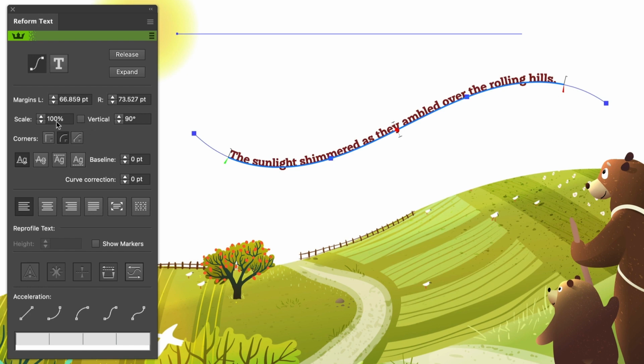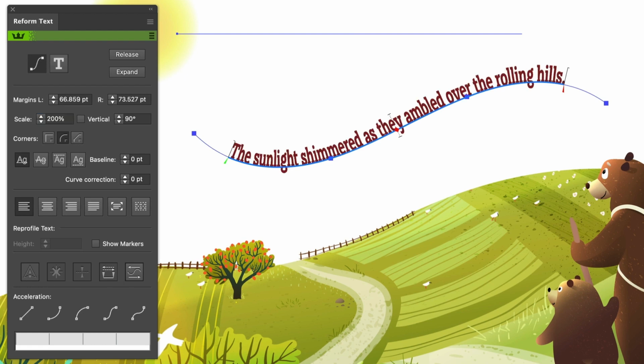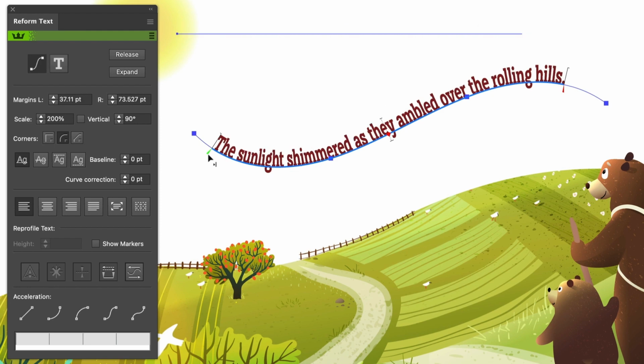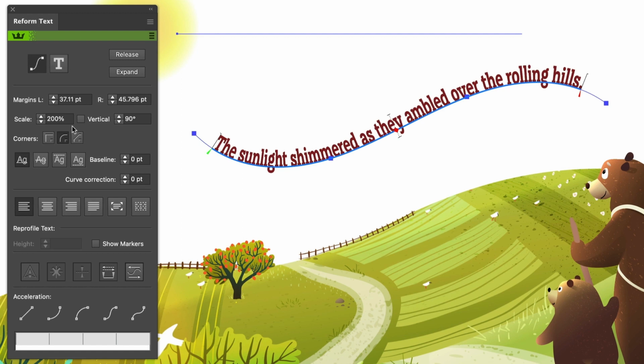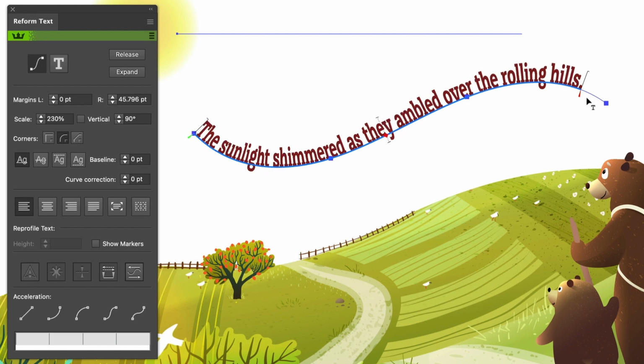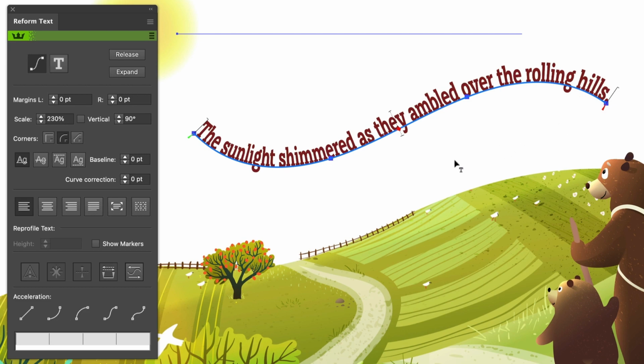Next, we have the scaling field, and if I change this, for example, to 200%, we can see the text begins to scale vertically between those margins, those delimiters. So text scaling is a function of both the scaling percentage and the amount of space that you have between the delimiters. So you can work back and forth between those settings to achieve the proportions that you want for your text. And here's a shortcut. You can reset the margin back to 0 by double-clicking on a delimiter like this. And we can see that reflected on the panel here.